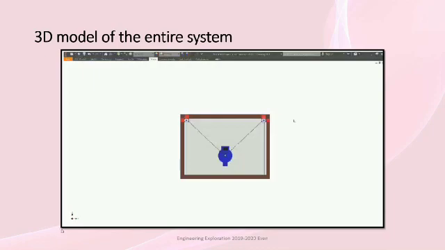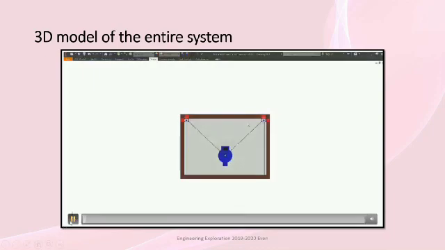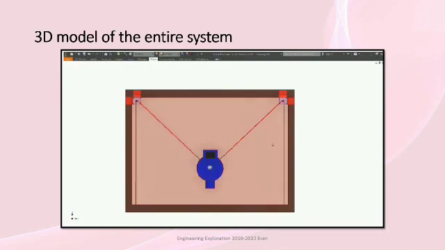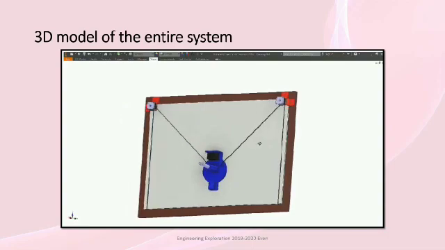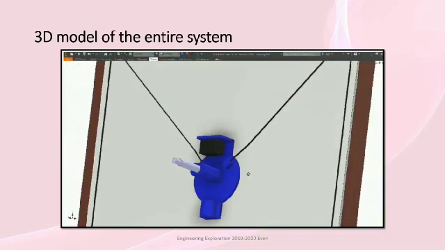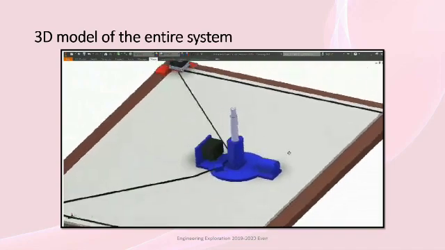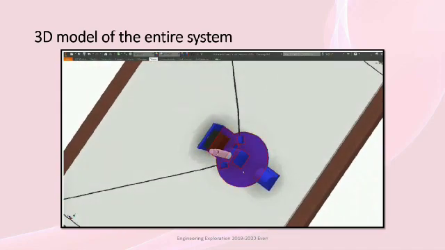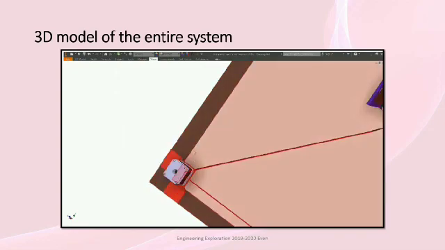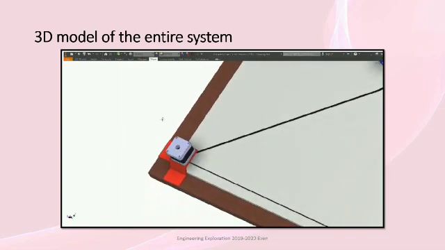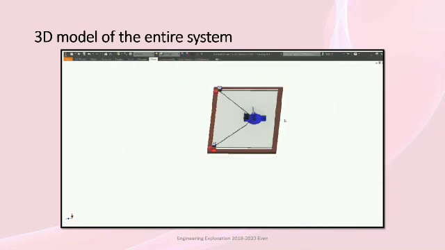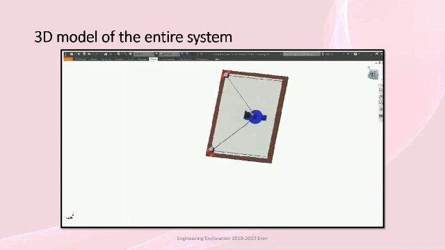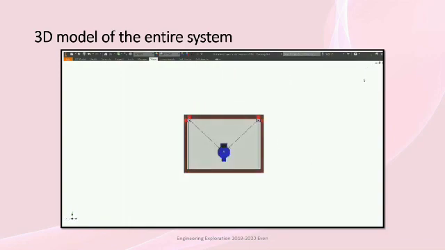We can see on the screen the 3D model of our project, that is the drawing board. We can see that it has the base which holds the paper on it. The blue object which is present on the base is called the gondola, which is the writing unit. It holds the pen and also has a servo motor. The servo motor is externally connected to the pen which controls the movement of the pen. It also has clamps which support the stepper motor. It is present on the 2 uppermost top corners of the drawing board. A vertical drawing board is supposed to be attached to the wall.